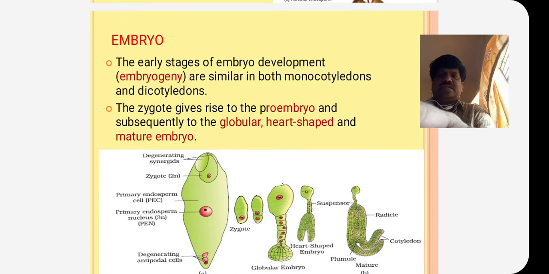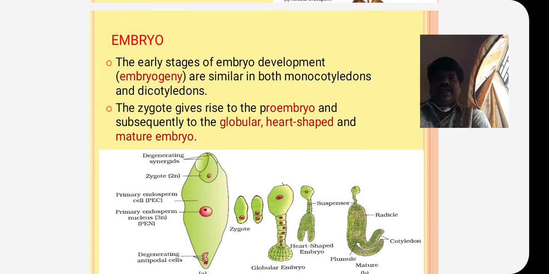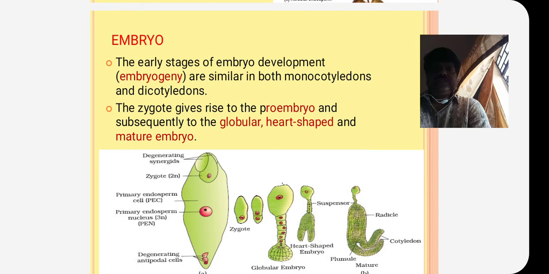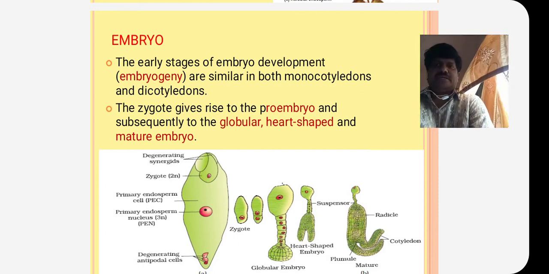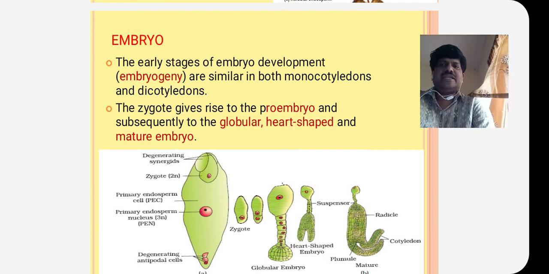The suspensor cell further divides and it can form a bigger suspensor, and the lower terminal cell divides and forms a lower part, that is the globular embryo. And this globular embryo further transforms into the heart-shaped embryo, then the mature embryo. And you can see here the long suspensor. Do you know what role it can play? The suspensor here generally can help